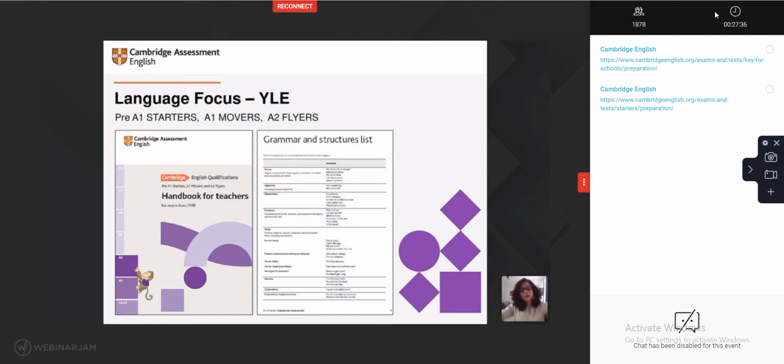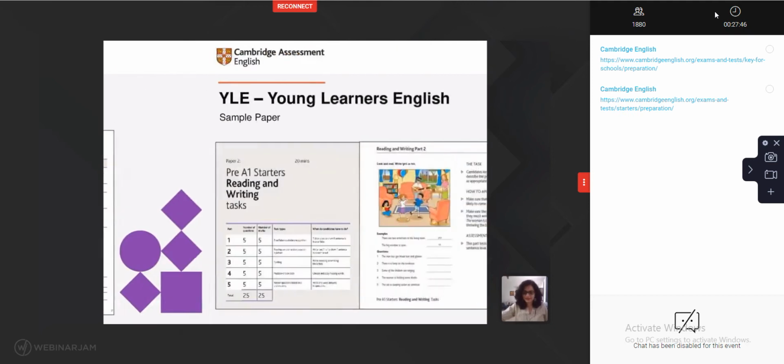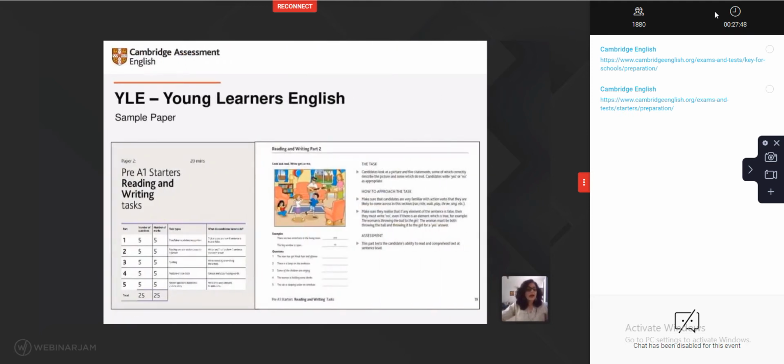Similarly, you also have a vocabulary list, right? In the YLE, you will have an alphabetical list of all the words which young learners are supposed to know at that level, right? The second thing which we spoke about were sample tasks and the exam format. Now, to just give you an example, we are looking at the starters reading and writing tasks. Now, to my left, if you see,